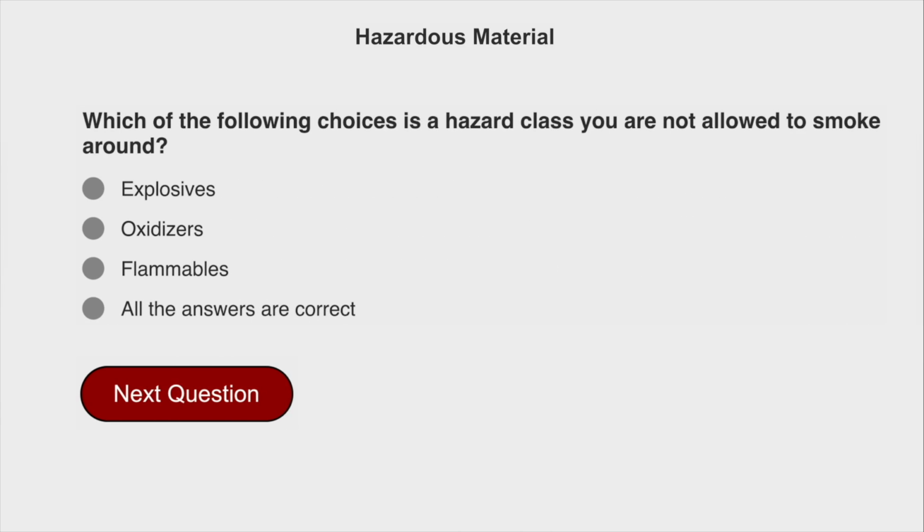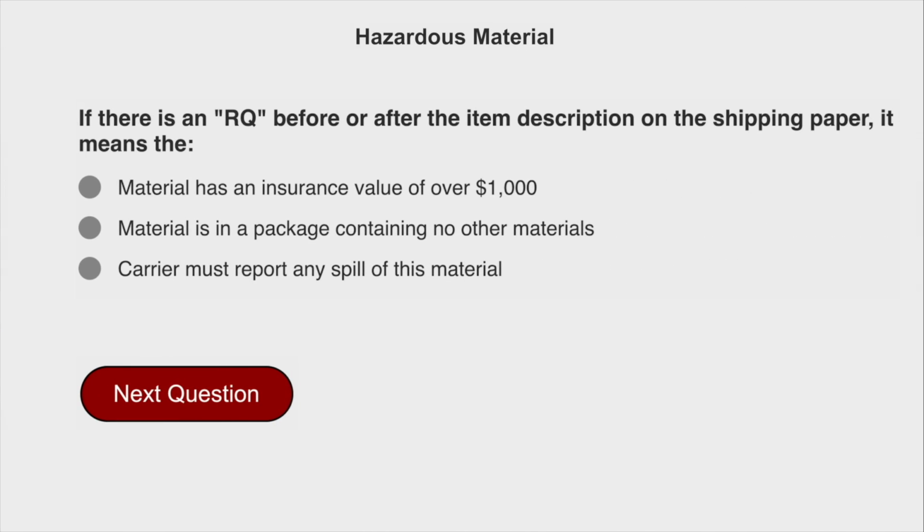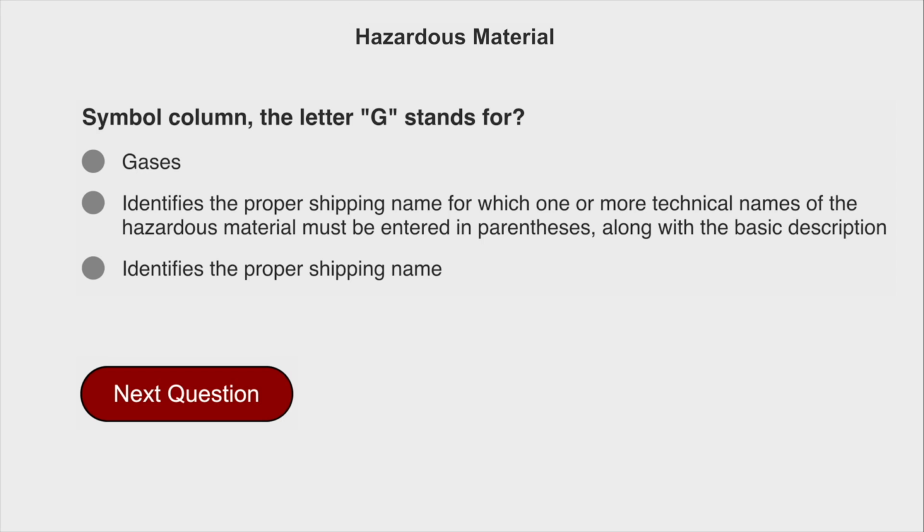Which of the following choices is a hazard class you are not allowed to smoke around? All the answers are correct. Explosives, oxidizers, and flammables. If there is an RQ before or after the item description on the shipping paper, it means the carrier must report any spill of this material. Symbol column, the letter G stands for